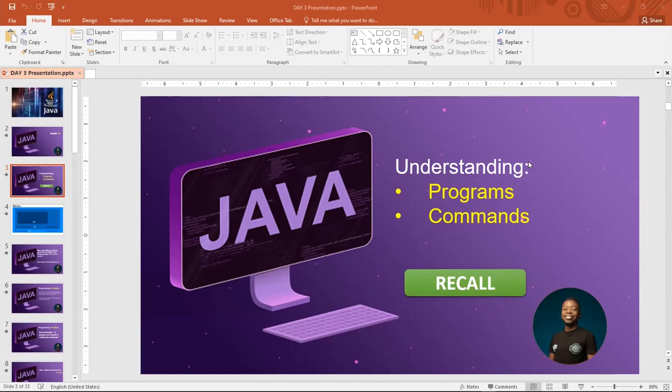Now, if you can recall, a program is a set of commands. First you execute the first command, then the second, then the third, and so on. Remember when we were writing System.out.println, then the code inside? That is an example of a command. Now, when you have several of these commands with your method and your class, they constitute what is called a program, a code. Once all the commands are executed, the program is finished.